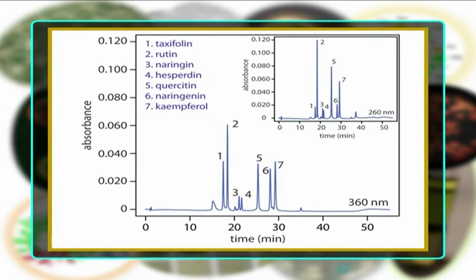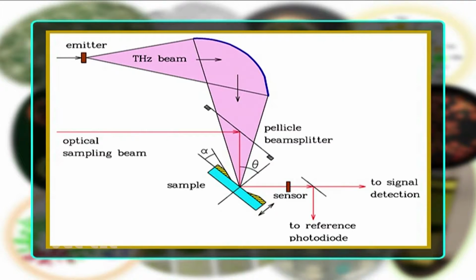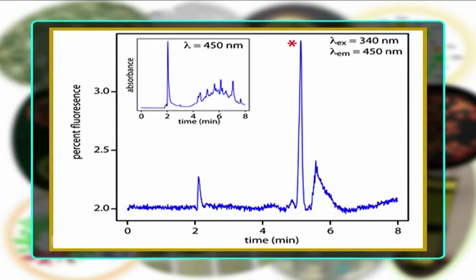UV visible spectroscopy is also used in the semiconductor industry to measure the thickness and optical properties of thin films on a wafer. UV visible spectrometers are used to measure the reflectance of light and can be analyzed via Forouhi-Bloomer dispersion equations to determine the index of refraction and extinction coefficient of a given film across the major spectral range.